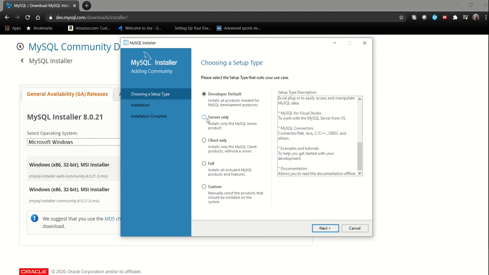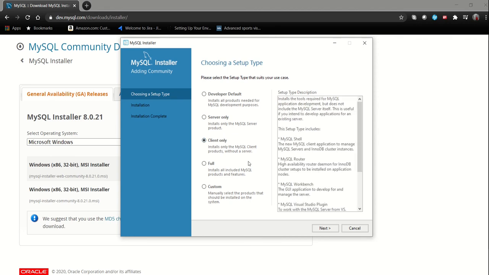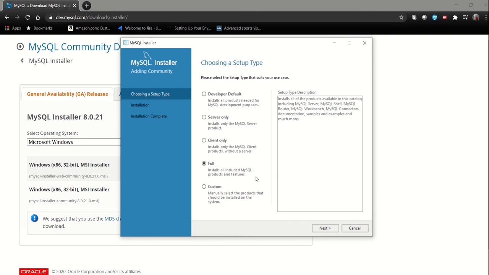If you want to make your computer a server, then select this option in which only MySQL Server is going to be downloaded. If you don't want this to be a server machine, then select client only. You can select this option for installation of all kinds of softwares through this installer.